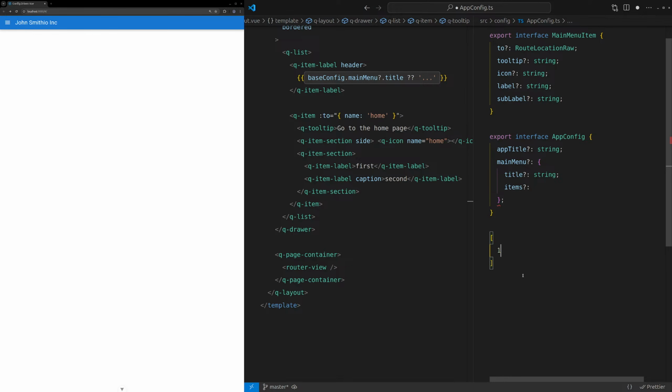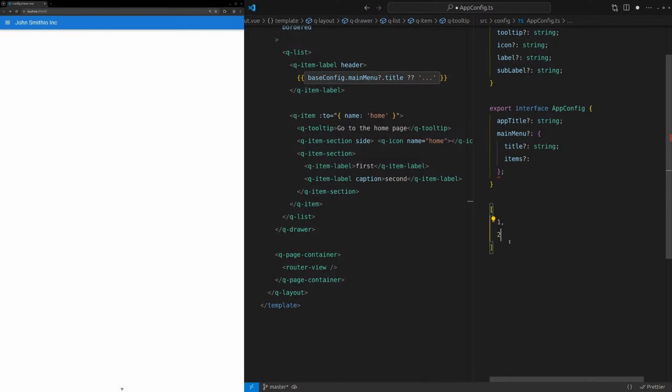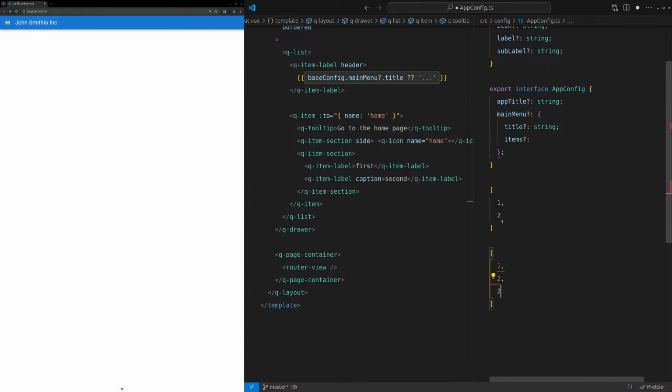Basically, if you've got, for example, 1, 2 here, and then you merge into that the number 2, you end up with 1, 2, 2. So that's how arrays work when you merge things usually. They're going to see that you want to merge in a 2, it basically gives you two of the same thing. But if you do it like this, 1, and then an object, 2, and then an object,